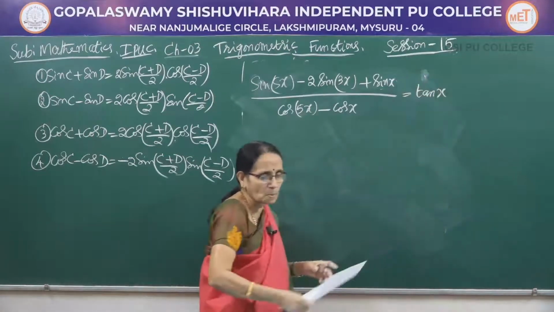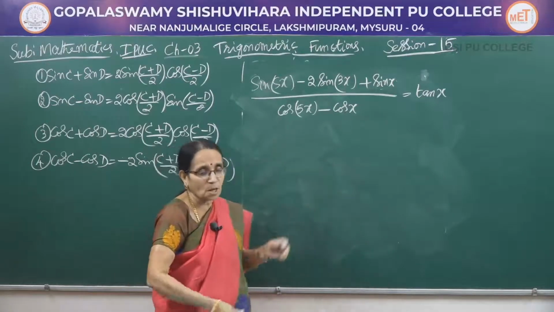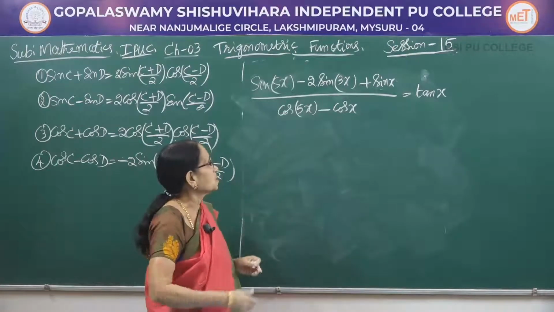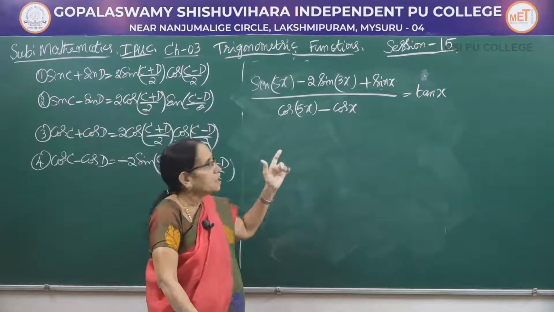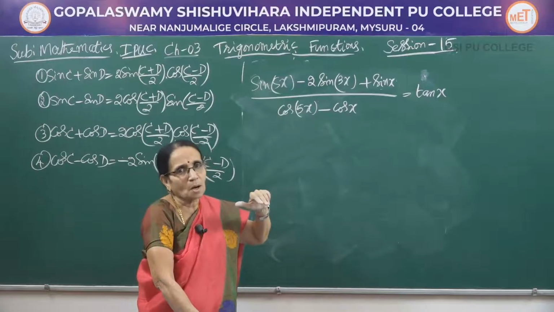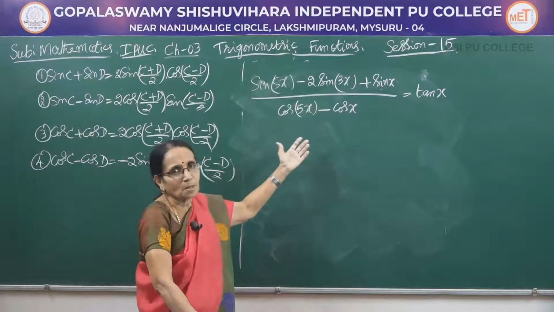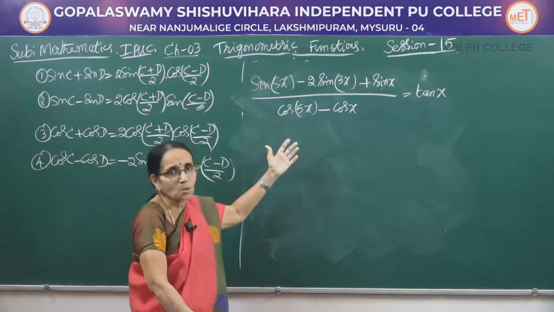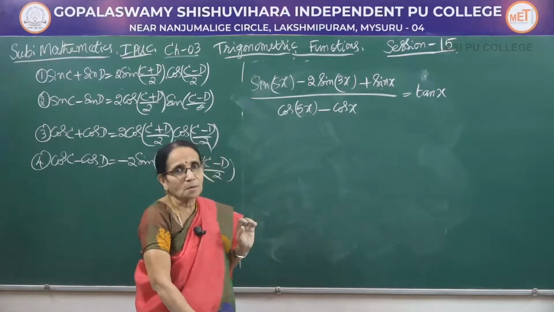To solve this problem, we may have to take some 2 extra steps. Therefore, it can be expected for a 3 mark question. Now, look at the difference between this and the earlier problems. In all the earlier problems, we had 2 terms in the numerator, 2 in the denominator. So, directly you could apply the formula which was applicable to that one, that is sin C plus sin D or sin C minus sin D, whatever may be applicable to that particular problem.